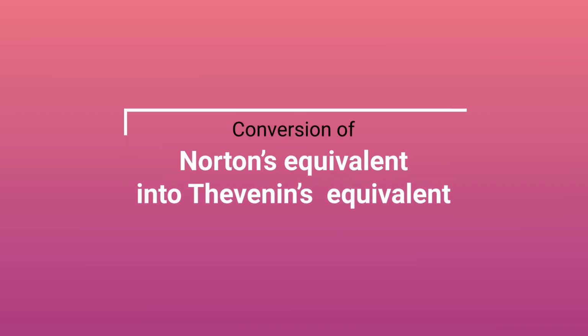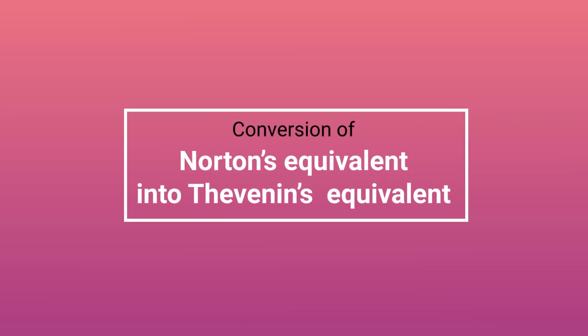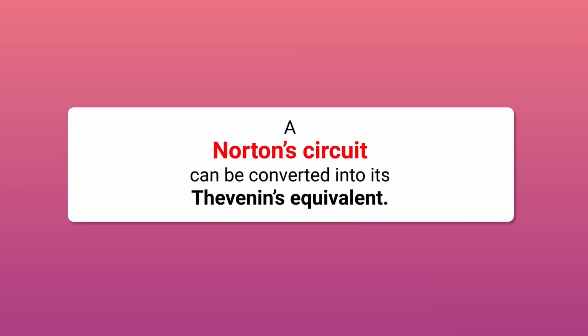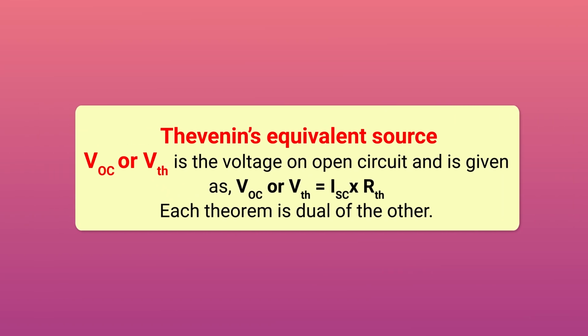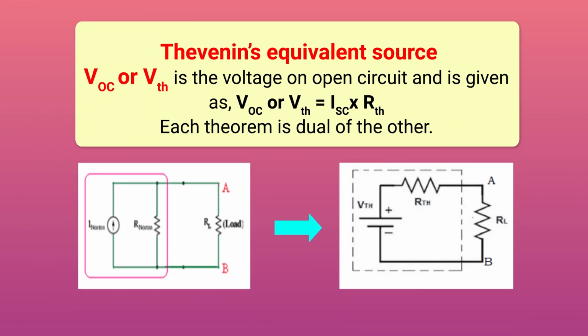Next is conversion of Norton equivalent into Thevenin equivalent. Likewise, a Norton circuit can be converted into its Thevenin equivalent. The Thevenin equivalent source VOC or VTH, because VTH is nothing but the open circuit voltage across the two terminals, is given as VOC or VTH is equal to what? This ISC multiplied by this RTH or RN, then you will be able to find the Thevenin